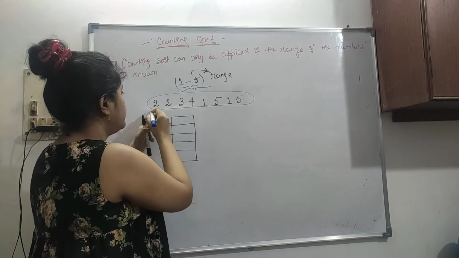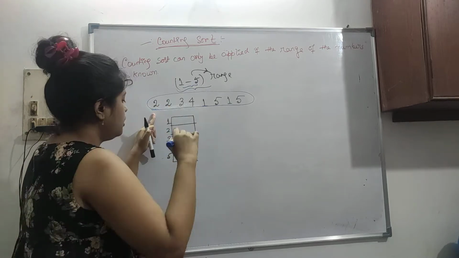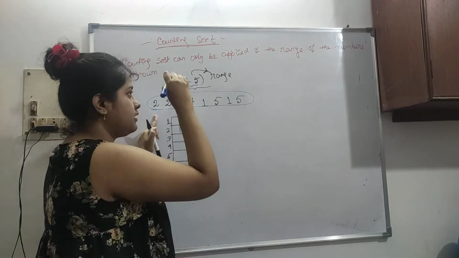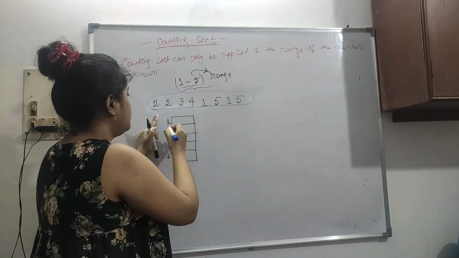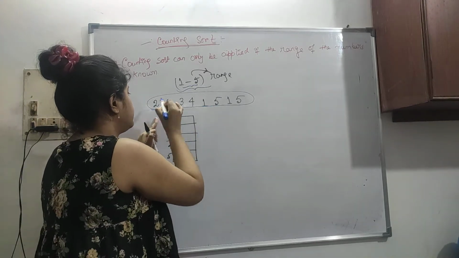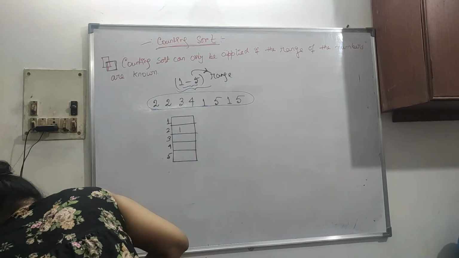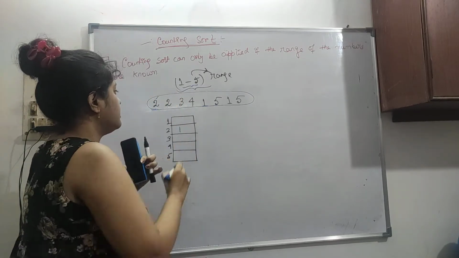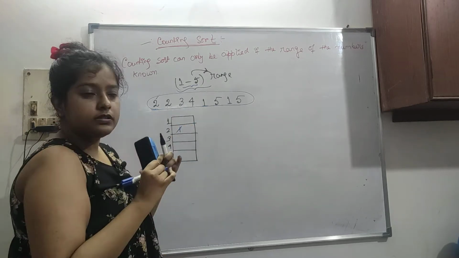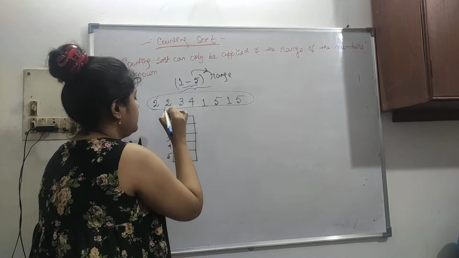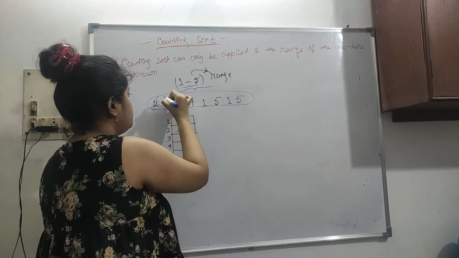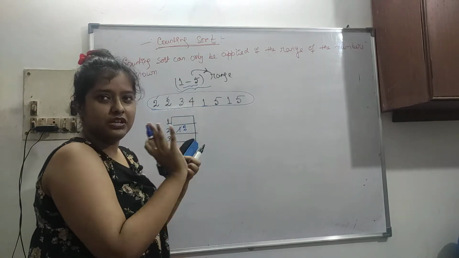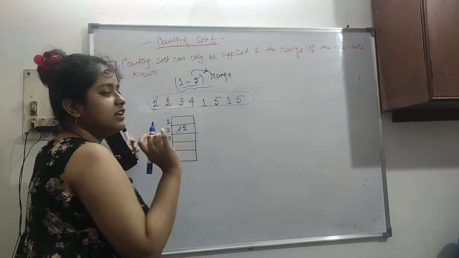First, the element 2 is there. So what we will do is put a vertical line here and go on. Next, again 2 is present, again 2 is present. So we put a cross here and say 2 is coming 2 times. Now I will tell you, please go on watching. Don't stop, it's not difficult, it's very easy.